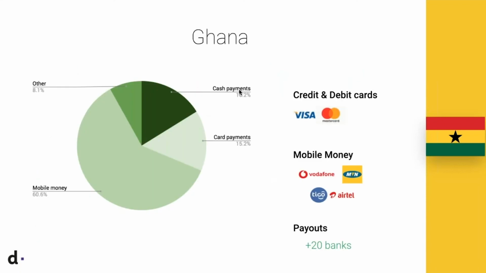In terms of distribution in Ghana, you can see mobile money here accounts for roughly 61% of what happens in the e-commerce space, with cash accounting for 16.2%. Cards account for 15.2% of the payments, while you have others at 8.1%. In the case of others, you'd have systems like EFTs, that's electronic funds transfers. You have vouchers, you'll have wallets, and wallets are similar to mobile money schemes, except that in most cases they are not offered or operated by telcos. The common cards here also are Visa and MasterCard.